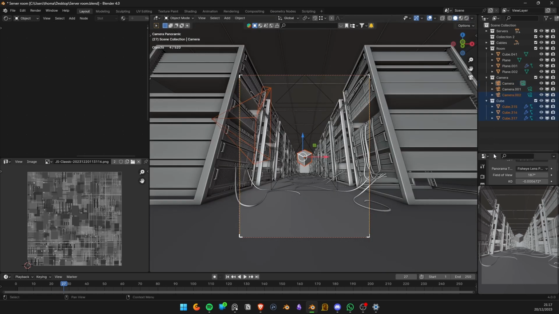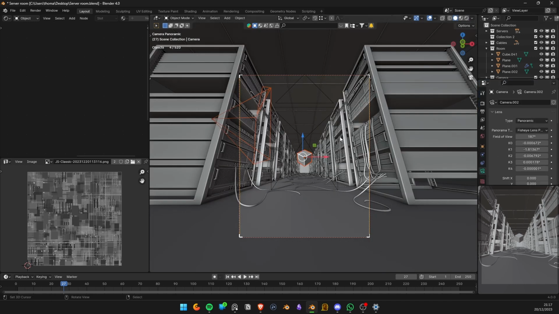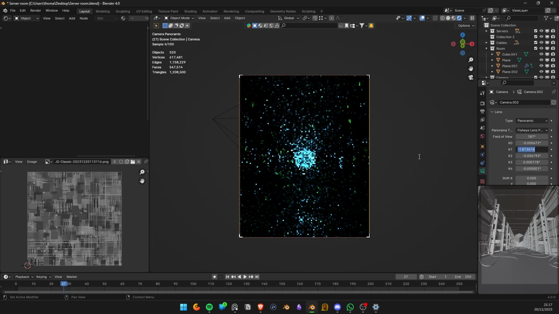So basically, all it is, if you go to your camera, you can see type panoramic. This only shows up in cycles. So if you change that from perspective to panoramic, and then change to fisheye lens polynomial, by default, it's going to be quite zoomed in. So especially if you're going for like a